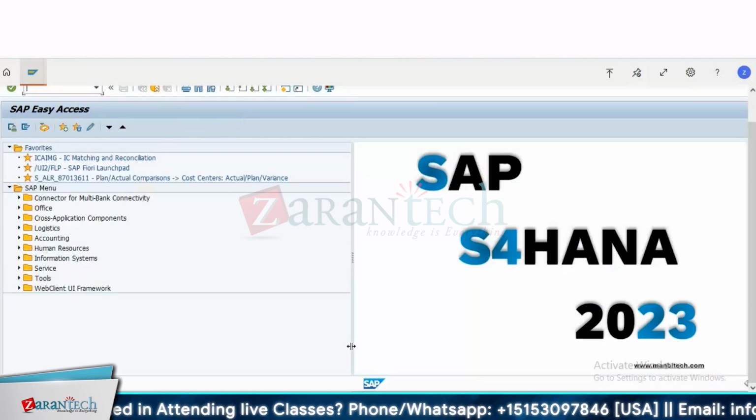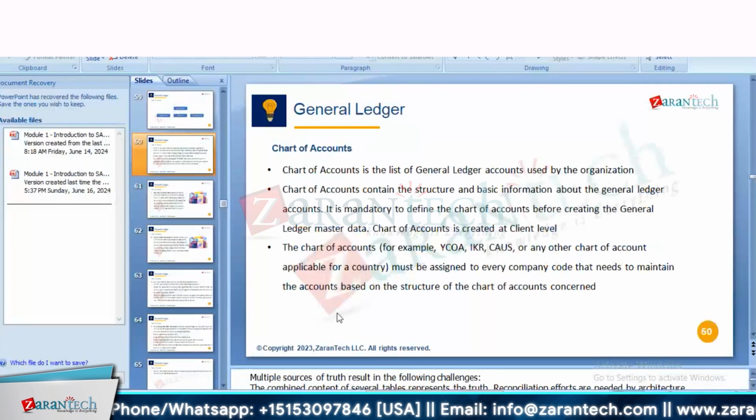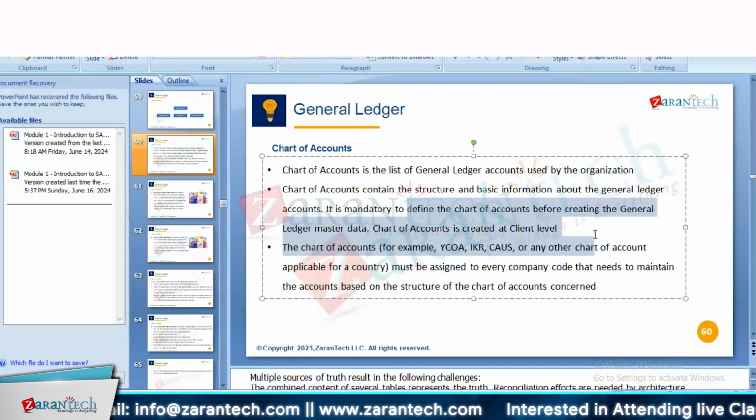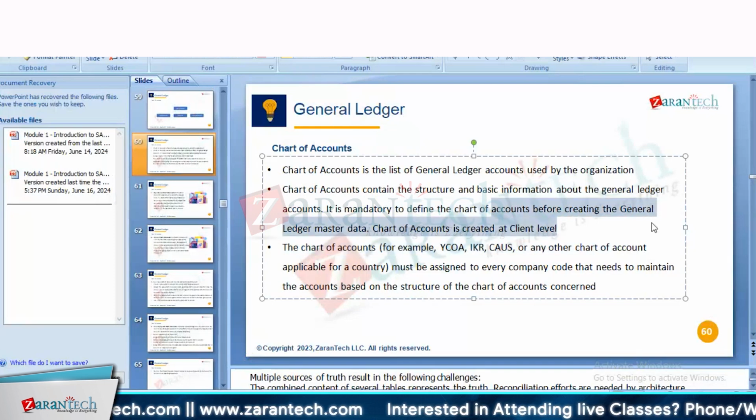So this was basically your country specific chart of account report requirement. Chart of account is a list of general ledger accounts used by the organization. Chart of account contains the structure and basic information about the general ledger accounts. It is mandatory to do chart of accounts before creating the general ledger master. So this is the prerequisite stage, because once you go for the creation of GL account, two steps